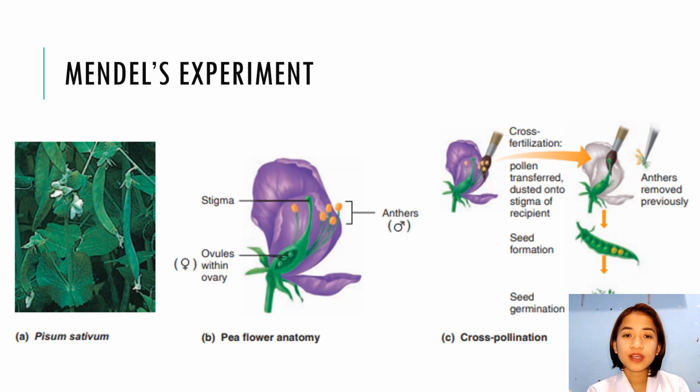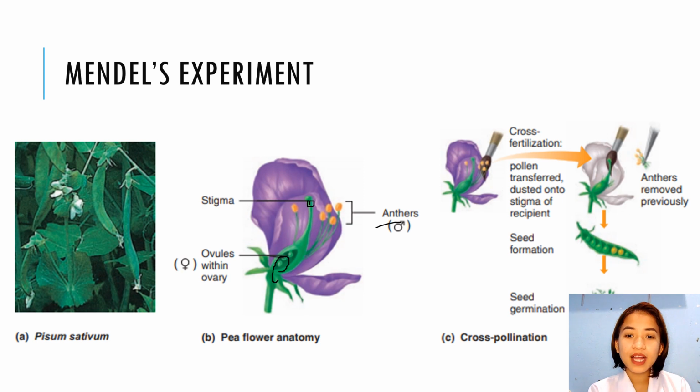The picture shows the controlled process done by Gregor Mendel in his experiment. In letter A, it shows the pea plant. Its scientific name is Pisum sativum. Figure B shows the pea flower anatomy, wherein pollen is produced in the anther. Mature pollen lands on the stigma, which is connected to the ovary, becoming the pea pod. After landing, the pollen grows a tube that extends through the stigma to one of the ovules, allowing fertilization to take place.